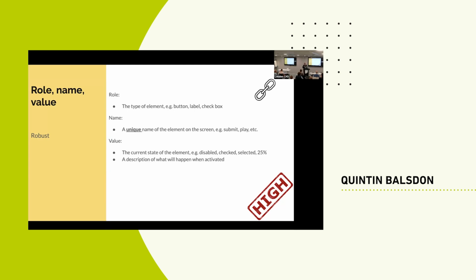Then we've got a name, some unique name for it. This is the submit button. This is the cancel button, etc. Right? And the value. What is the local state of this thing? Is it checked, not checked? Is it at 46%? Are we activated, not activated, switched on, switched off? However you want to describe it, make sure the user is clear on that. All of these things sound kind of obvious, but giving them that syntactic nature can be quite a lot of research and takes a bit of a while to get used to.